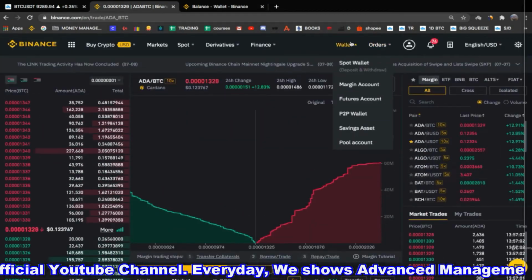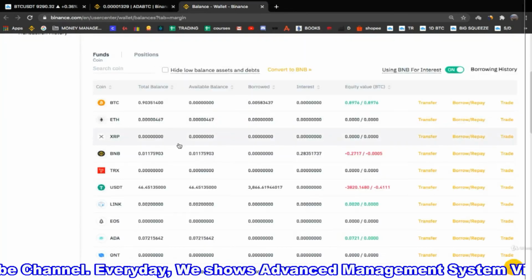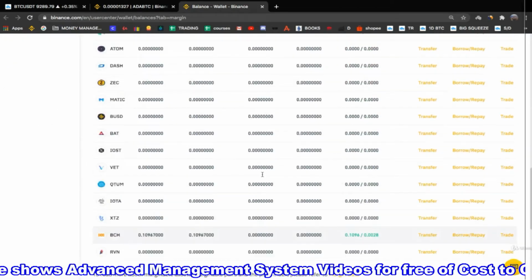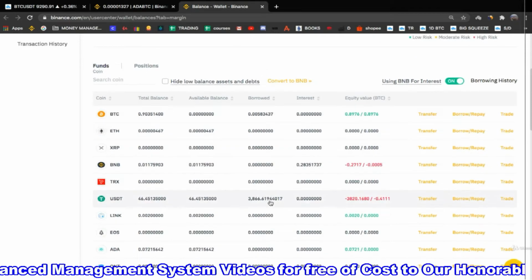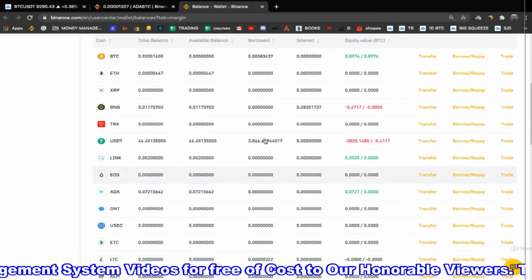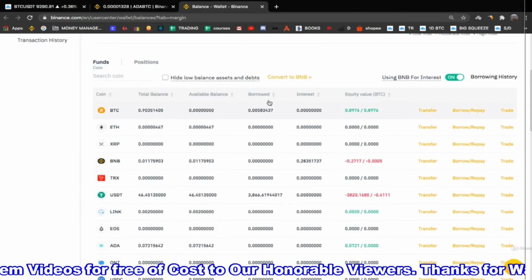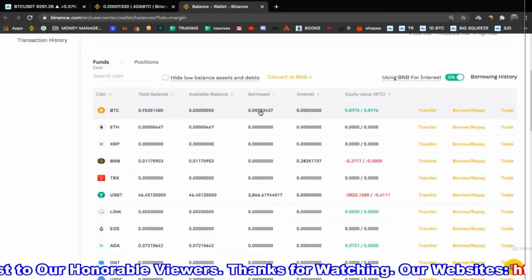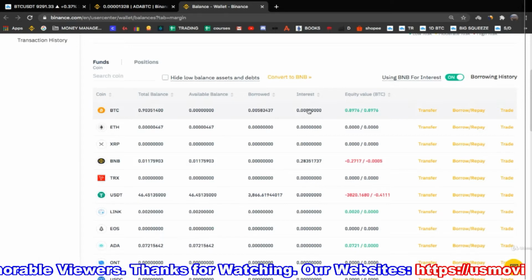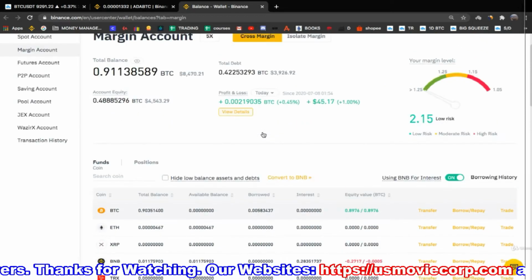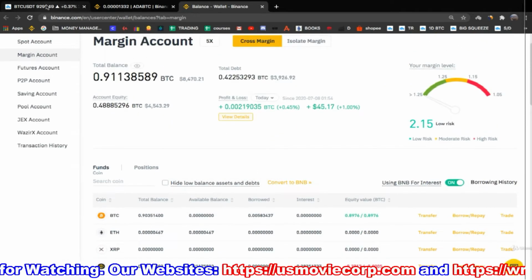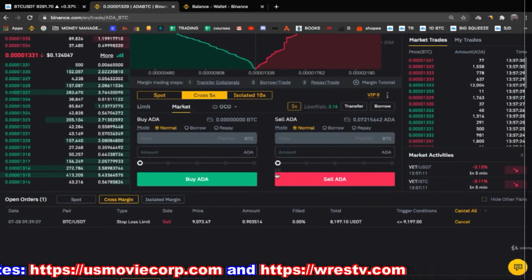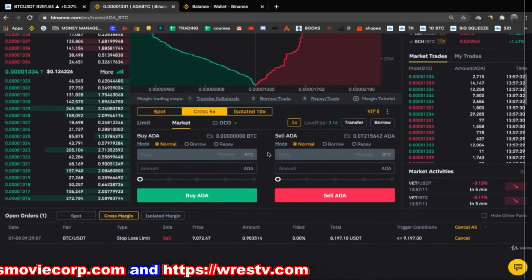But you can also do this from here that I showed you before. Simply go here to wallet, margin account, and you will see this. So you will see basically everything that you own, right? So you can track it here as well, because again, if you own some amount and you forget about it, after a very, very long time it can have some interest that you don't really like to pay, but it's how it works. So I hope now it's clear for you how to open and close margin positions, right?